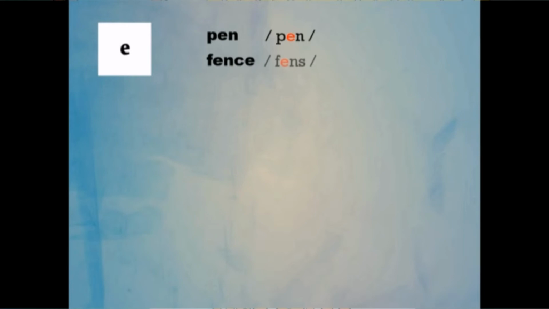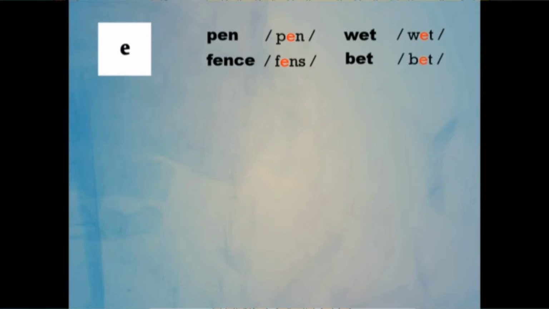Another symbol that we will be looking at is the soft E, as in pen, fence, wet,